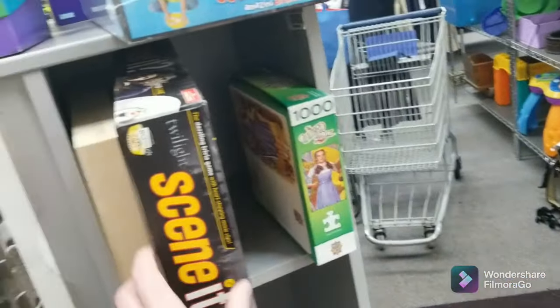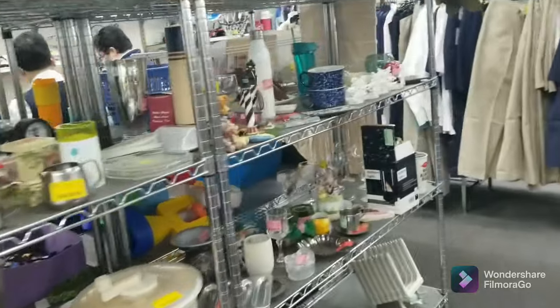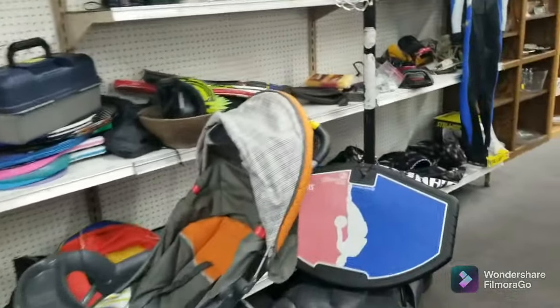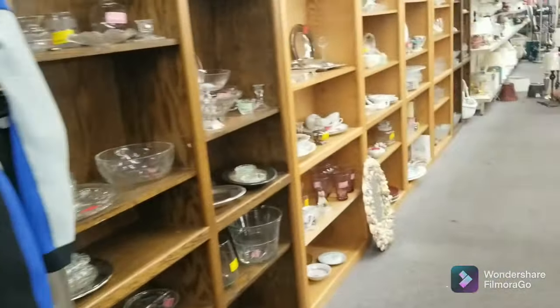I did look up a decent amount of stuff. I don't look up any of these games or anything, but if you saw briefly right there, there were some RC cars there, but they were asking a lot. Like, this thrift store was way too expensive for my taste, and they didn't have any stuffed animals or plush either. So I don't pick up anything here. And they had a baseball glove. I think